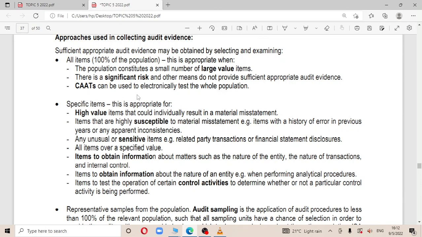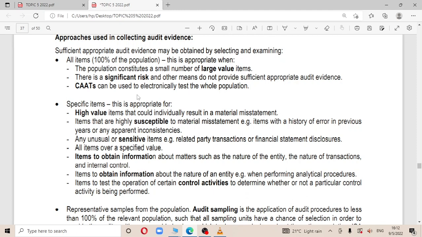So what do we pick in a sample? We can pick high-value items. When you're picking a sample, what do you base on? You can pick high-value items out of the population. Like if you have 100 data, but you only want to audit like 70, you can pick the ones that have high values. You can pick the ones that are susceptible to misstatement. Like if you're auditing inventory, there's inventory that can easily be stolen. So that's what you can sample out. You can sample out unusual items